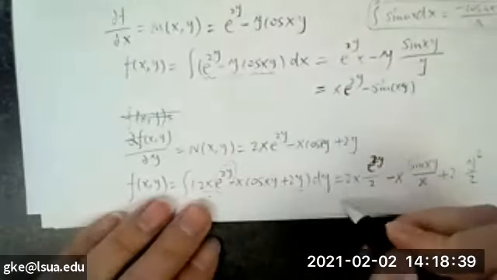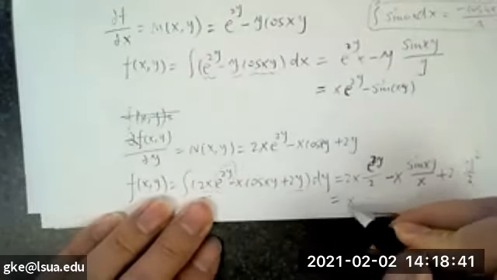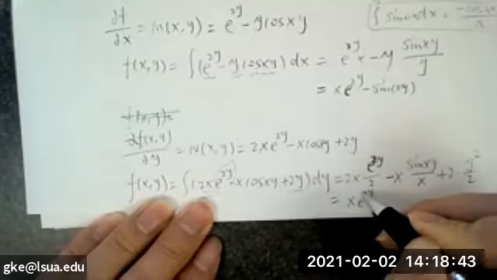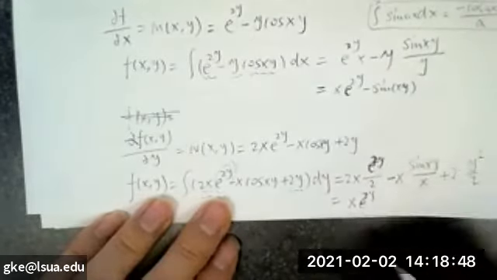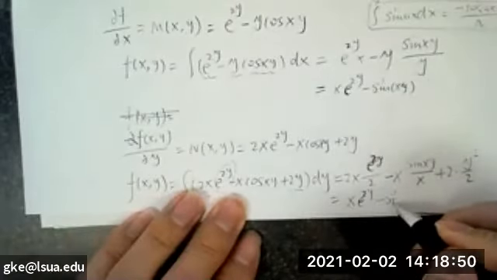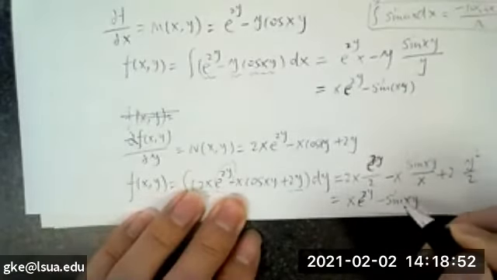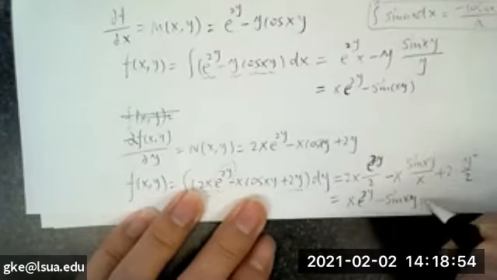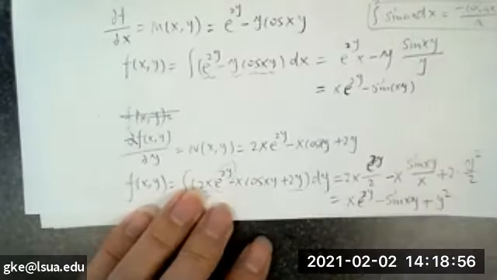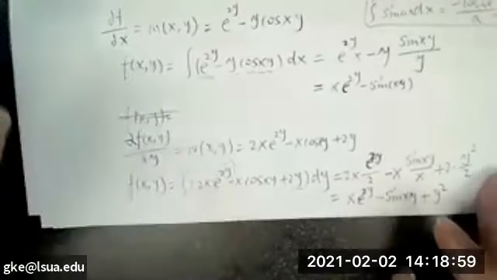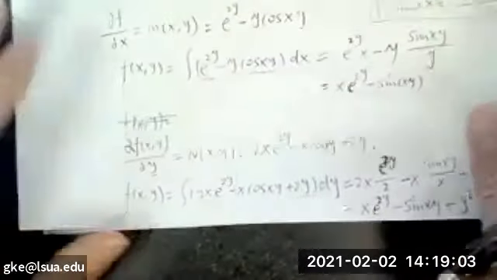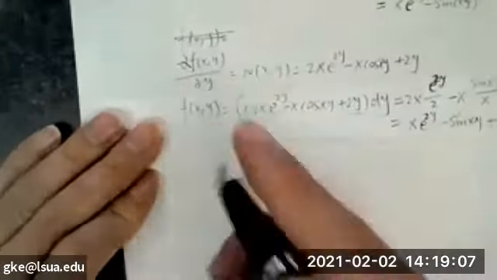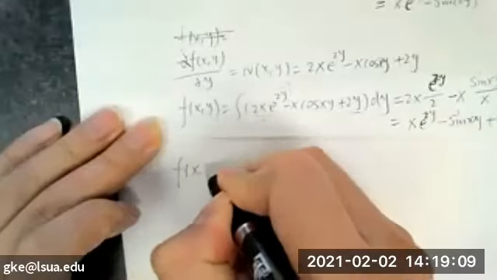And we're gonna get what? x e to the power 2y, and cancel out, sine xy, plus y squared. Right? Now we combine the terms. Okay, we combine the terms. So f(x,y)